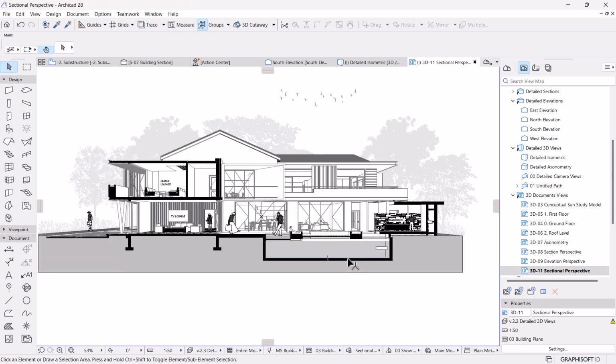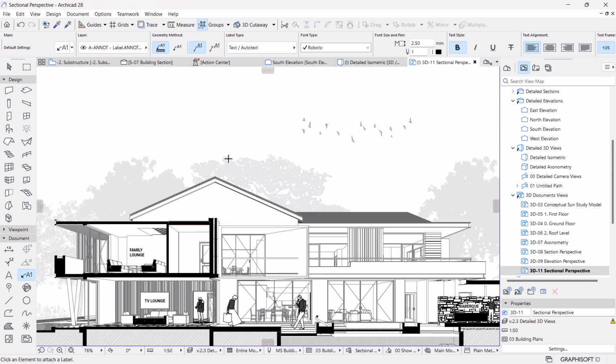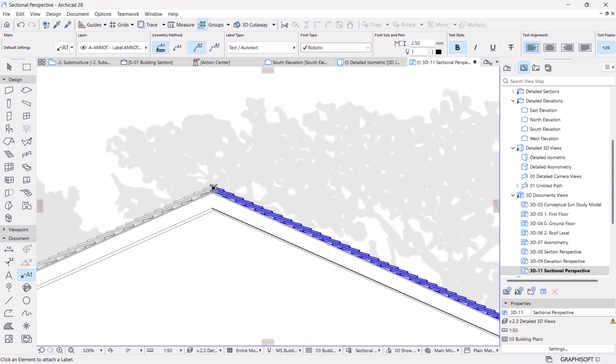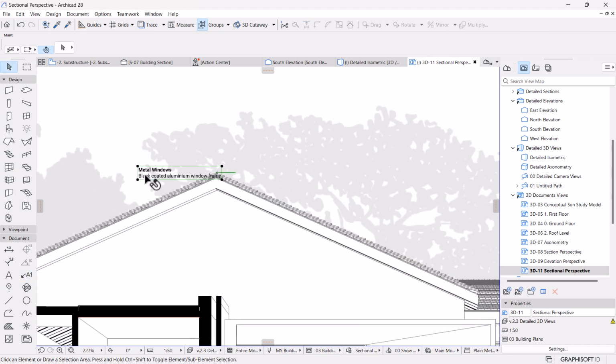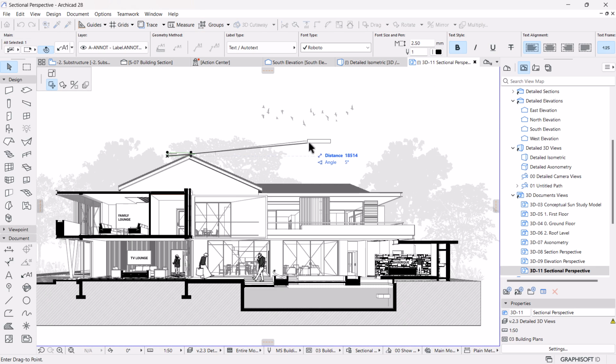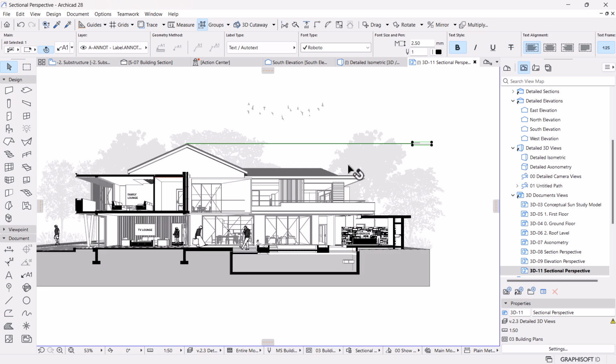Like in the previous video, we're using the keynotes. We're going to place our keynotes using the label tool. Activate the label tool and then start from here. I'm going to start from the top and click the roof. Let's move it to the side. So it's always advisable, or it's a best practice, to choose the arrangement of how you're going to do